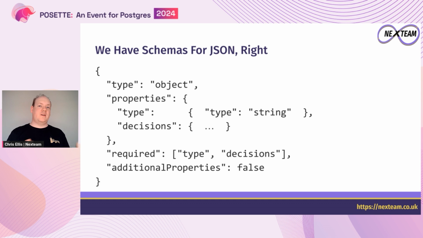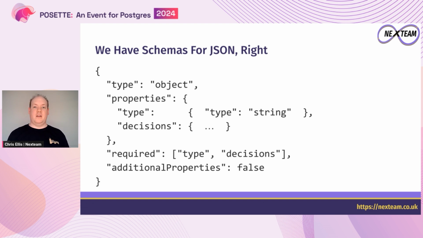So here's a brief example cut down for the slide, but we're going to just define declaratively the structure of that example type that we previously wrote a function to validate. We can specify these basic things. So, we expect a property type string, we expect decisions, we can expect that to be a type object and have other properties. We can specify that we want required properties. We can specify whether we allow additional properties or not. So we can already specify all this. We already have a format to specify all of this. And we can make use of that